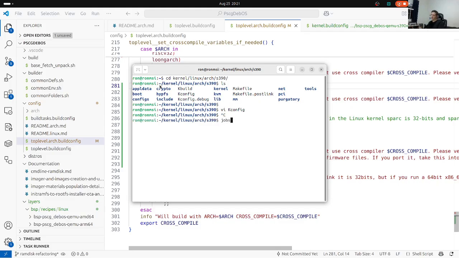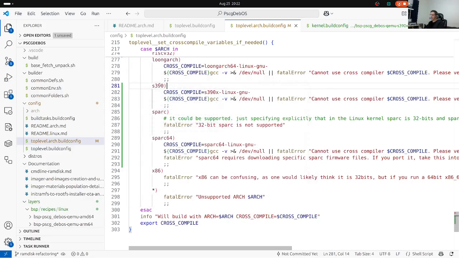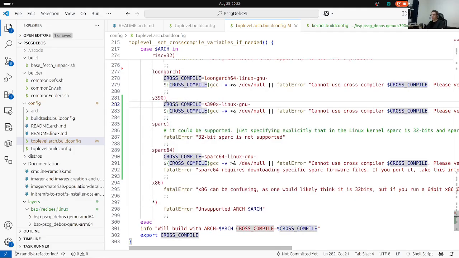But we're not going to decide if it's 32-bit or not. We're not going to handle it here. So we are happy with what it is. We can of course look at the different types. So we have these two fellows. If we have this, then essentially the cross compile and the arch promise us that we'll be able to build the Linux kernel